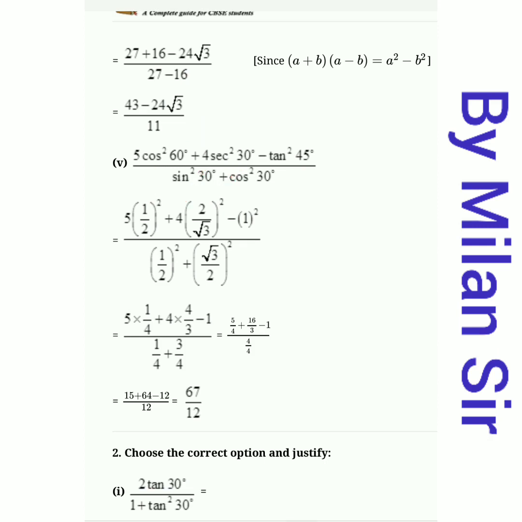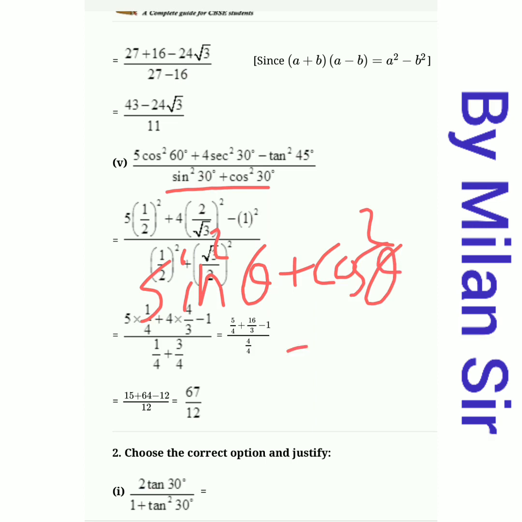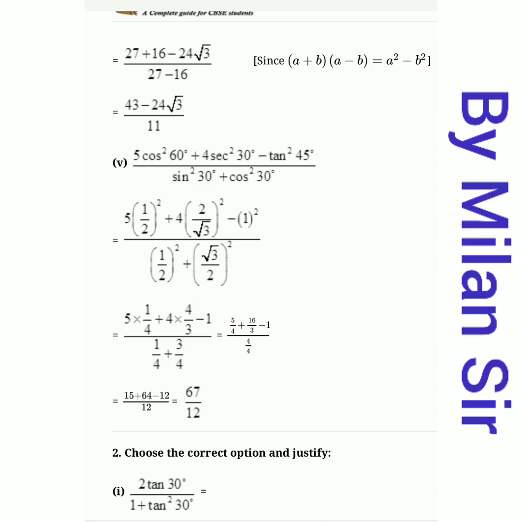Now the denominator is of the form sin square theta plus cos square theta, because both thetas are the same, 30 and 30. So it is the form of our third identity: sin square theta plus cos square theta, with theta equal to 30, and the answer of sin square theta plus cos square theta is equal to 1. So directly we can write 1 in our denominator. Okay, so we are going with that method. No need to divide by 1 because it's the same answer, so we ignore it. We just try to solve our numerator.